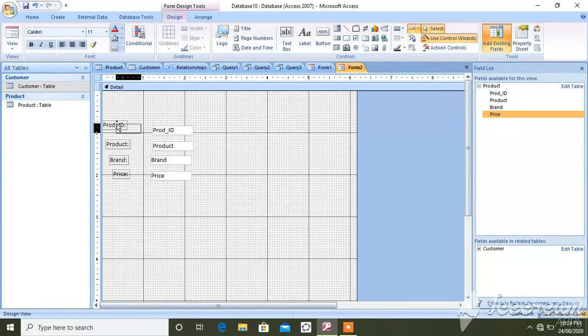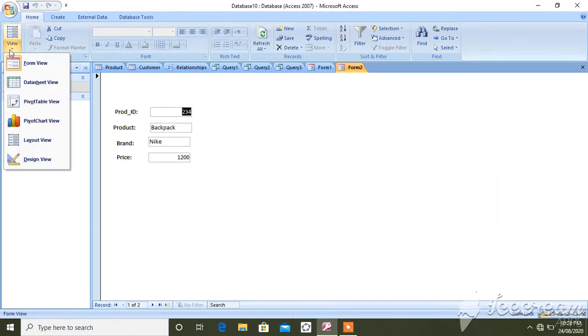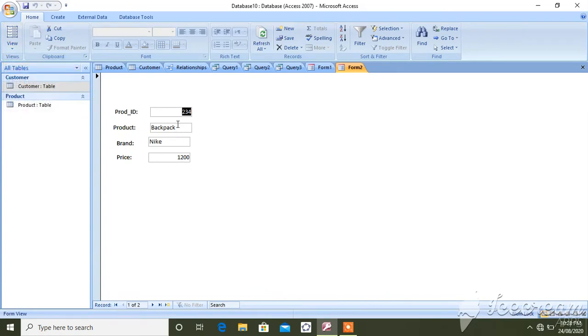In short, we can make the bill in Access. So this is the designing part, how you will show the bill. To check how this form will look, click on Form View. You can see your form on the screen.